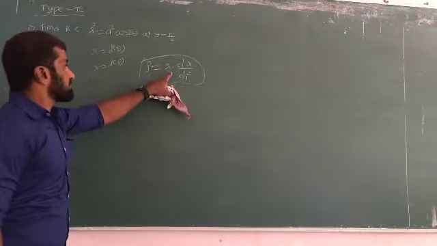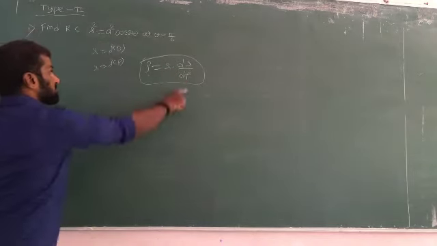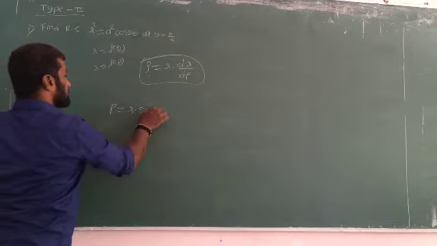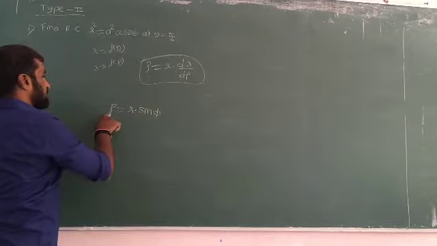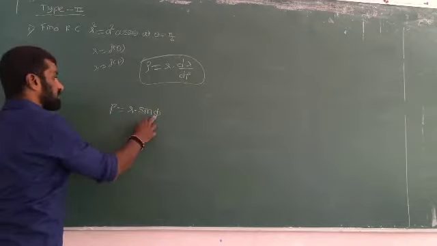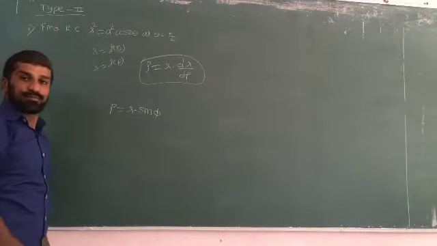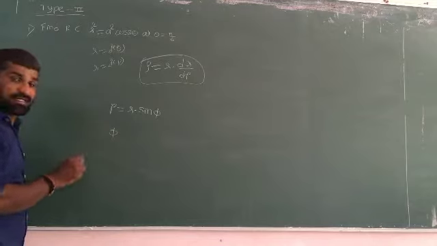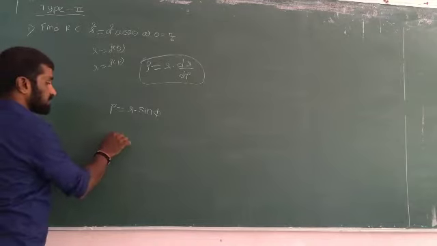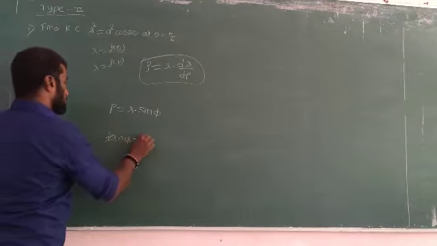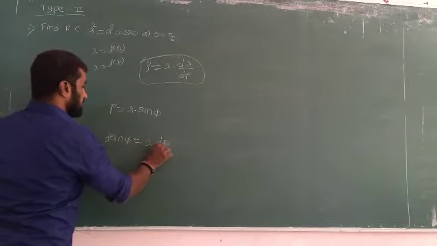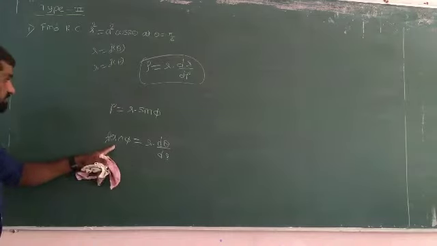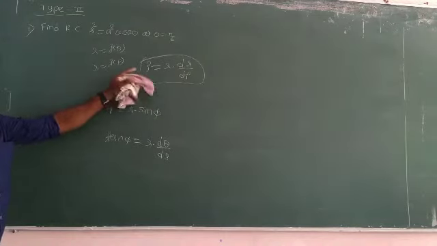So we have to find r and dr by dp. What is p? We know the formula: p is equal to r into sin phi. Differentiate with respect to r, we get dp by dr, and we have to reverse it. But what is phi? Phi stands for the angle between radius vector and tangent. That formula is tan of phi is equal to r into d theta by dr. You need this in Unit 1, Paper 1. So this is the first form, this is the second, this is the third. Clear? Okay.